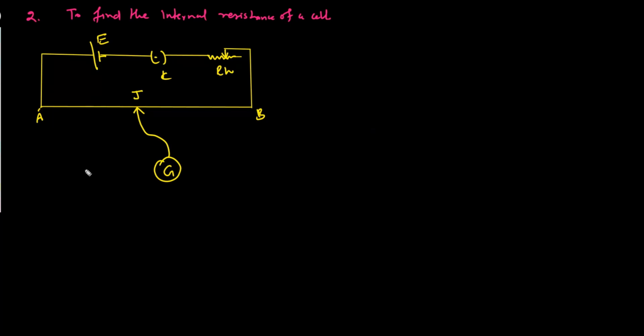first of all we will take a cell whose internal resistance we want to calculate, with a resistance box. This is the resistance box, a key, let's say it is K2, and this is connected to a two-way key again. The other end is connected to the galvanometer and this positive terminal is connected to A, and let's say the EMF of this cell is E. Okay, and this is the first key K1.